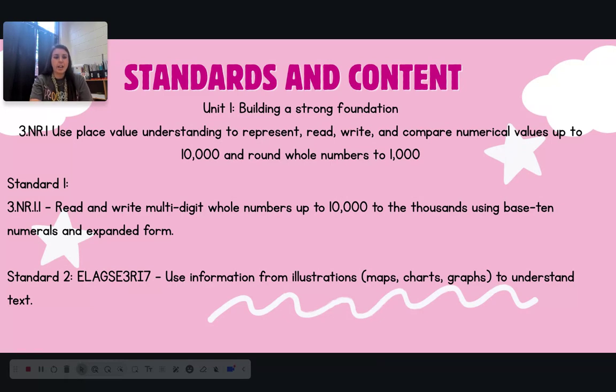And as I stated in my introduction, this is an EIP classroom, so I'm going to be focusing on reviewing the skills that they were taught in second grade, which is to represent, read, write, and compare numerical values up to the thousands. And I'm going to use that to assess their skill set and their skill level and see where they're at. And then I will build on that throughout the unit. But this is just the beginning of the unit, so that is why I'm just going to start with hundreds,